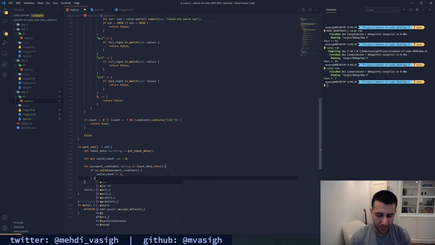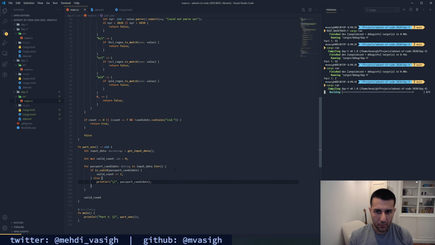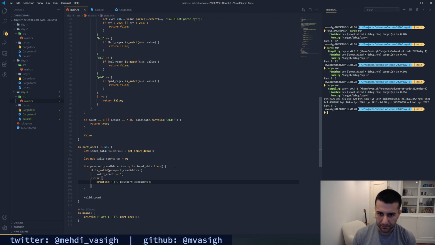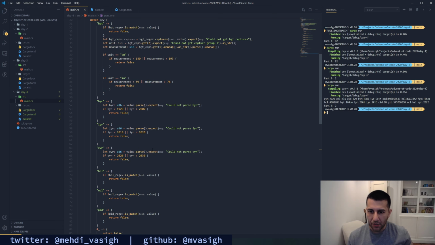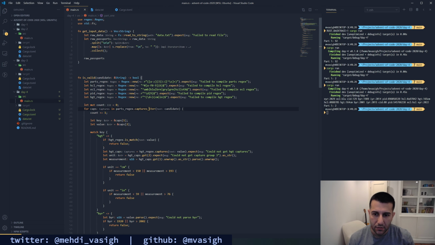So I'm going to see which passports are not valid. So these two are not considered to be valid, and I wonder why. Let's look at them. So eye color, so it's 164 centimeters, birth year 2000.